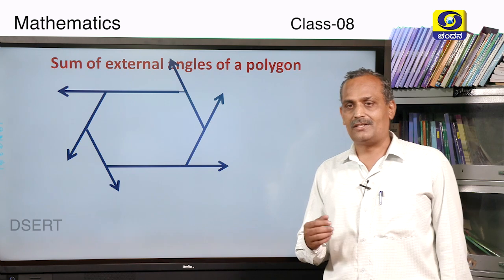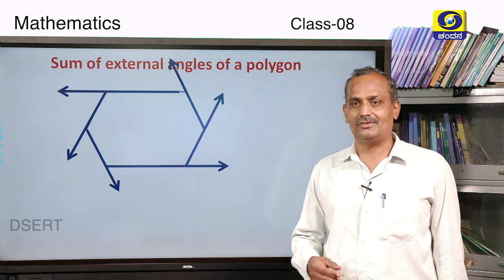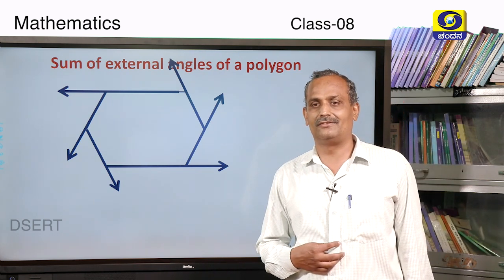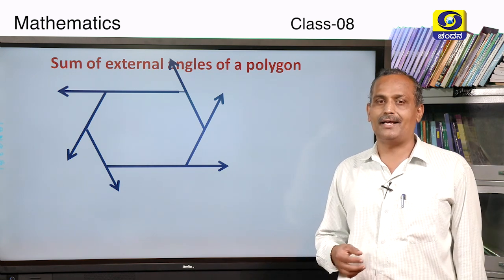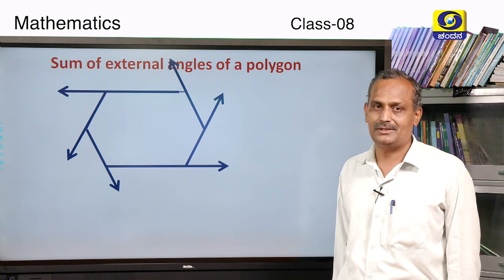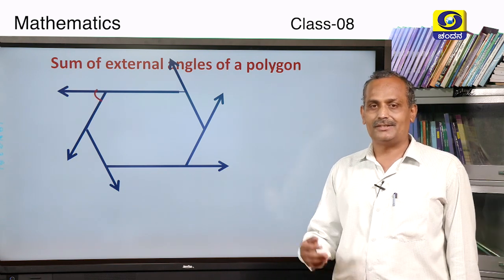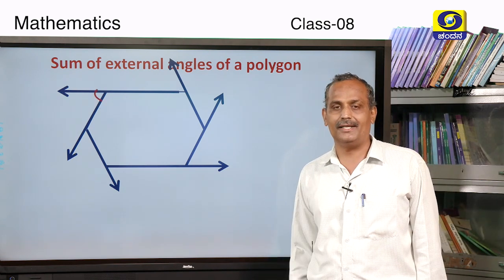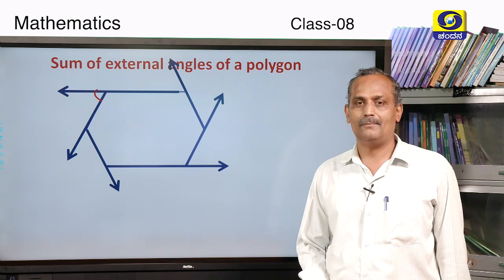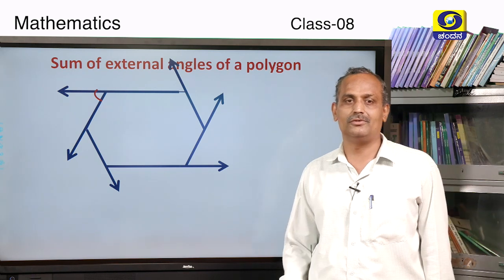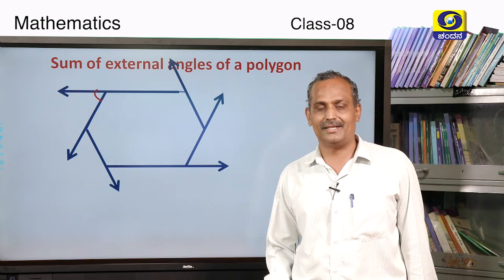First of all, let us learn what the sum of external angles of a polygon is. In the previous class, we found the angle sum property, we have understood it. So, let us draw a polygon, we have drawn it already. Dear students, you too should draw this diagram in your notebook. Be ready with your textbook also, so that you can easily understand the concepts that I discuss.